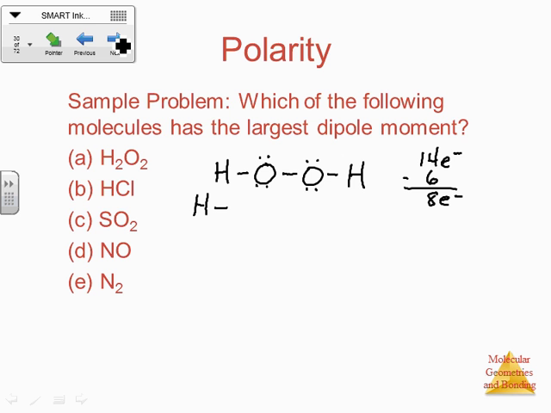The HCl, again, overall dipole. So that one looks like it would have a fairly large dipole moment as well. The SO2, we just did that one. Okay, that one's also a bent structure. The NO, not going to have that much of a dipole because they're fairly close together on the periodic table. And then the N2, you got N and N on that one. And so what you're going to end up with here,